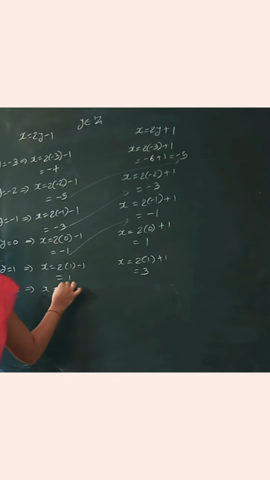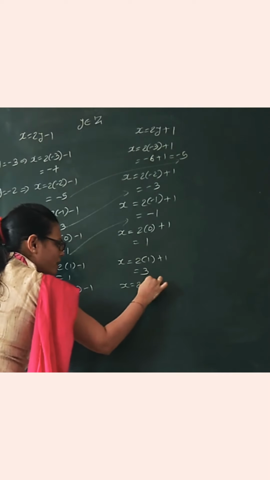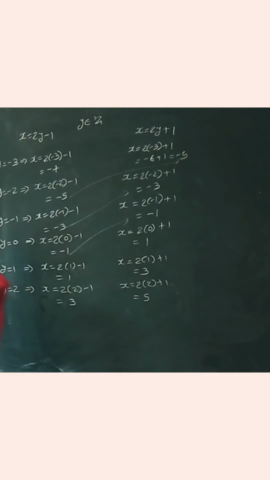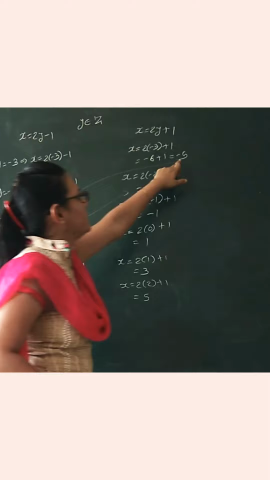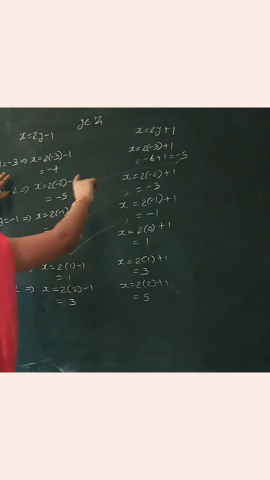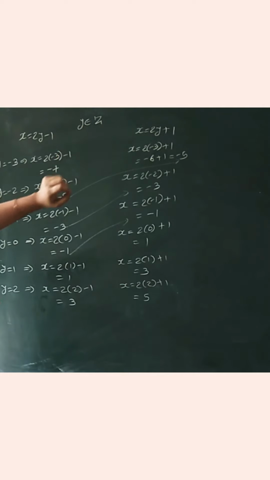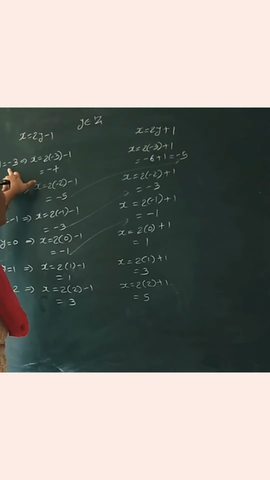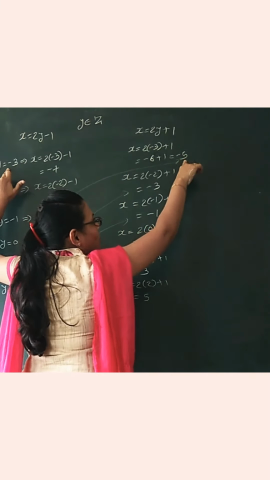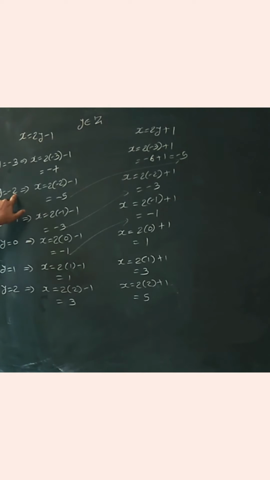Okay, I think enough values are there. What I want to show you, I have enough values. You can clearly see that the values come in this set after one interval. For example, I find the value minus 5 for x when I put y is equal to minus 3. I took y equal to minus 3 and I get x is equal to minus 5 here. And the same thing happens here: if I am putting minus 2, then here I am getting minus 5.